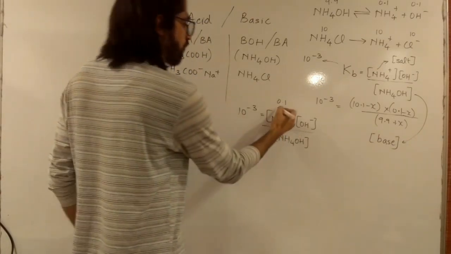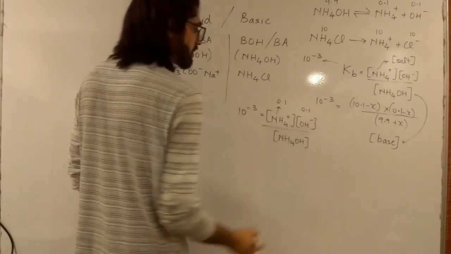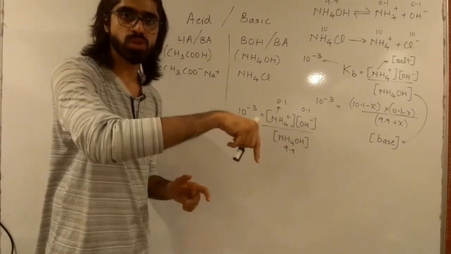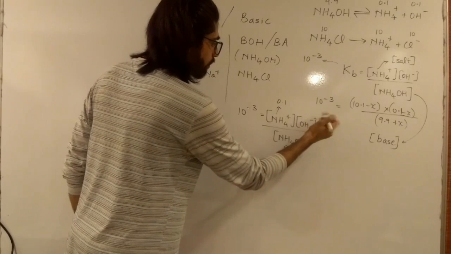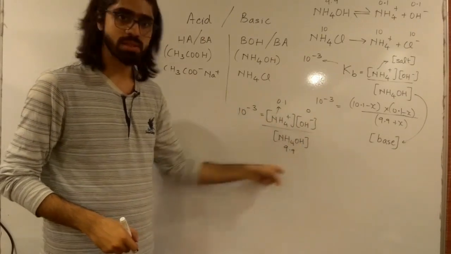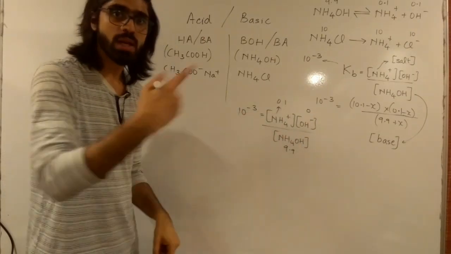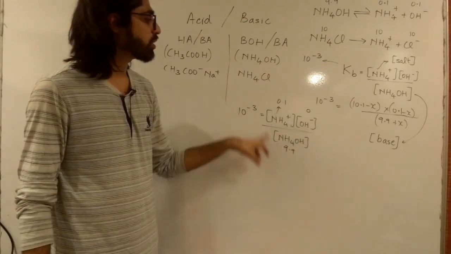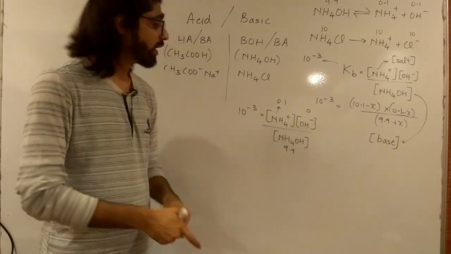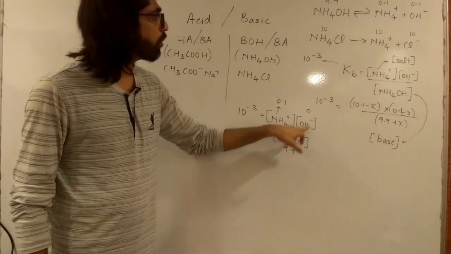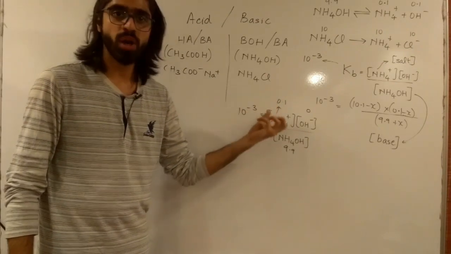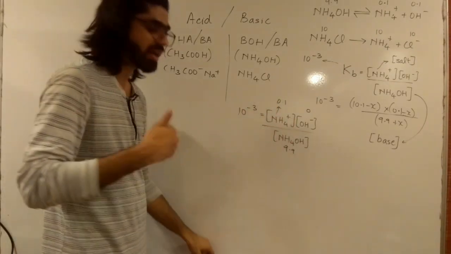So there are 0.1 moles of NH4 plus, there are 0.1 moles of OH minus, and there are 9.9 moles of NH4OH. Like I said, you added 0.1 moles of H plus, they made this concentration 0. So now the reaction tells you that you cannot have the numbers like this. The numbers have to rearrange themselves so that you get a 10 power minus 3 back again as the multiplication of these numbers. So the reaction tries to ensure it by producing NH4 plus and OH minus. But when OH minus gets formed, NH4 plus will also get formed. So NH4 plus, which was originally 0.1, will now start increasing and it will become something greater than